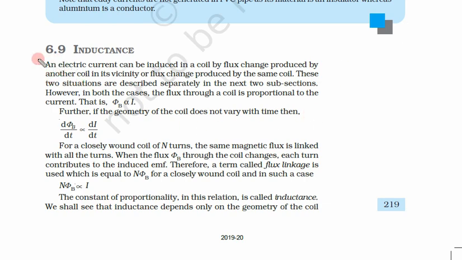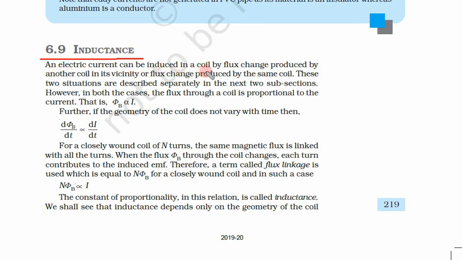Next topic is inductance. So we have already learned about capacitance. It is a component very similar to capacitance. So let us learn about inductance. We know what a resistance is. We have also learned about capacitance. The third component is inductance. It is generally represented by L, and this is called inductance. So this is the third component. Now let us learn what inductance is.